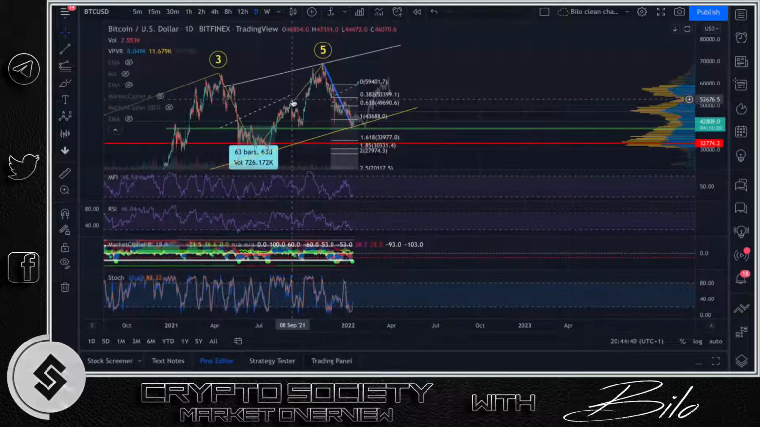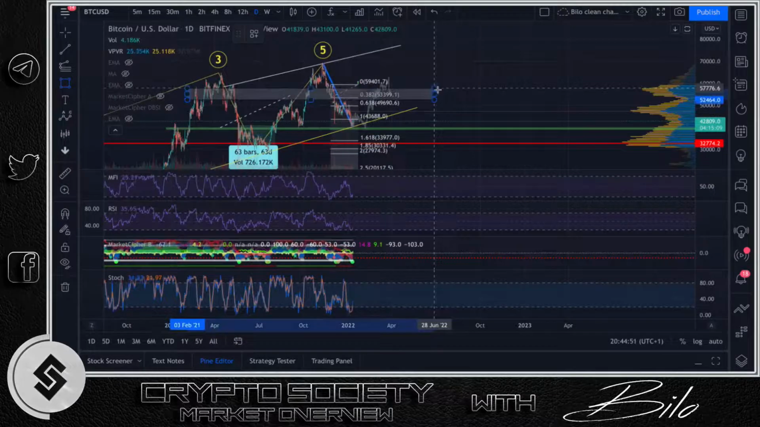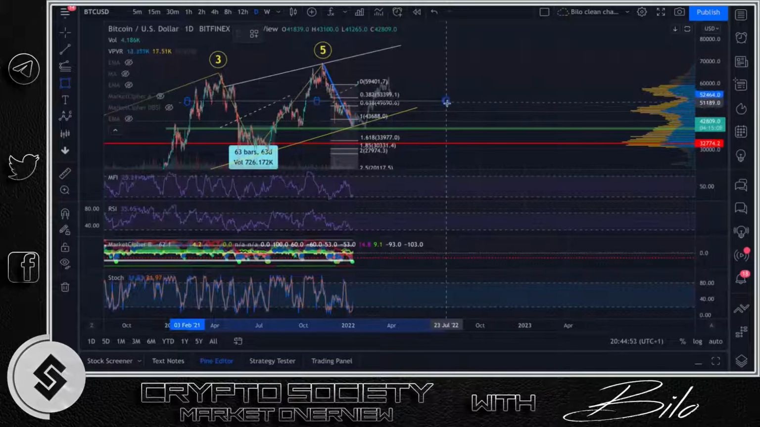I mean, there's a wick here, there's a wick here, here. So it's this zone that becomes very important. So just to draw a chart, without even looking at the VPVR, we see that